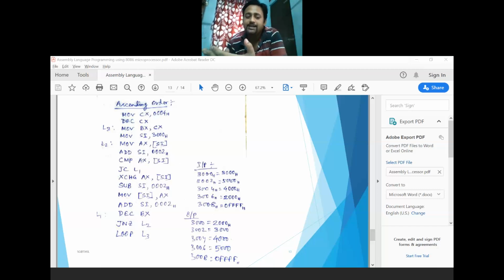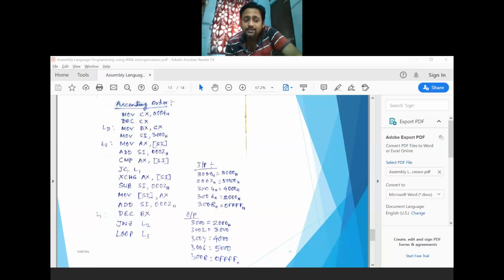But in the opposite condition, if there is no carry, I have to exchange the contents with each other and make it ascending. So if there is a carry, just go and operate the inner counter, decrementing it by 1 until it reaches 0. The same comparison will happen for the next data byte.